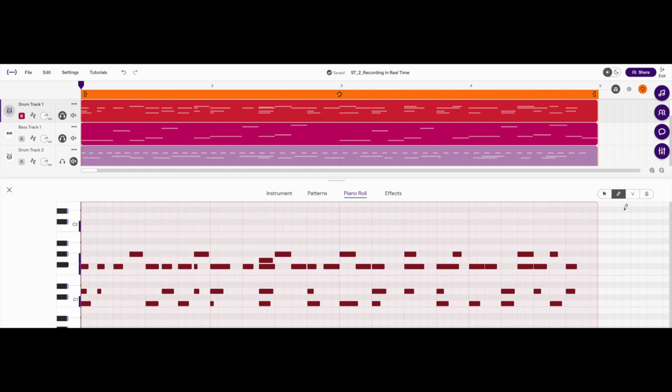So notice down here in the piano roll, over here on the side, you've got these 4 buttons. So I'm going to click on this arrow first, this pointer. Now, when I have the pointer selected, if I click on any of these dots and dashes, I can hear what sound that is making. Now, I can also click on these and move them left to right, which would change the rhythm, but you can also move these up and down